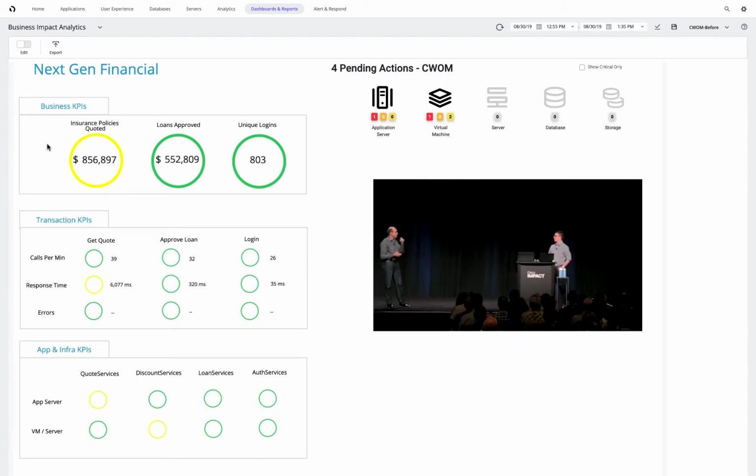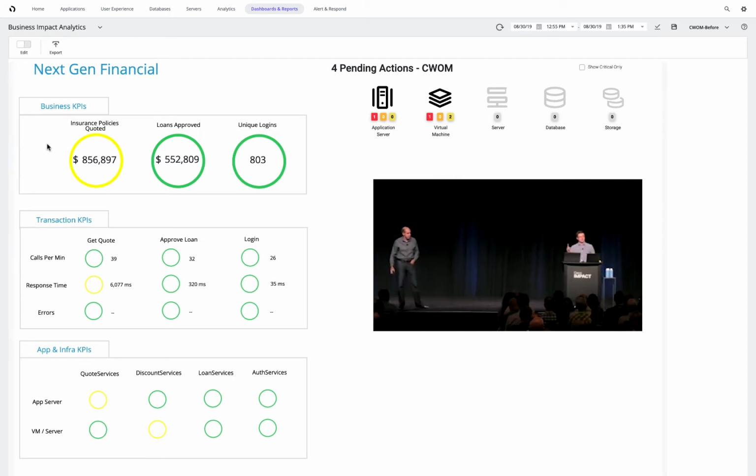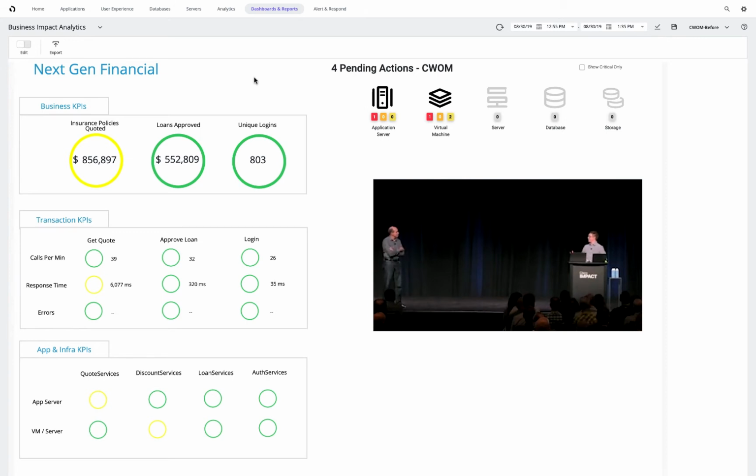So I'm really excited to walk through one of our use cases, which is business impact analytics. You're going to see a combination of AppDynamics plus Workload Optimization Manager to do two things. First is understand when there's a technical issue in the environment, how is that impacting a business outcome? And then use an AI-driven, an AIOps approach to actually remediate those issues before they have a critical impact on